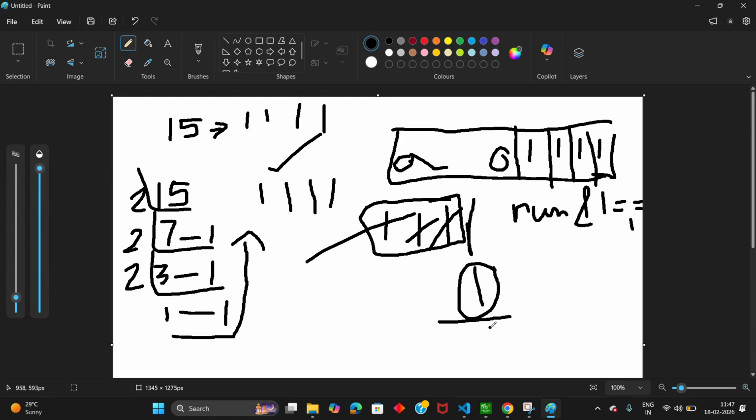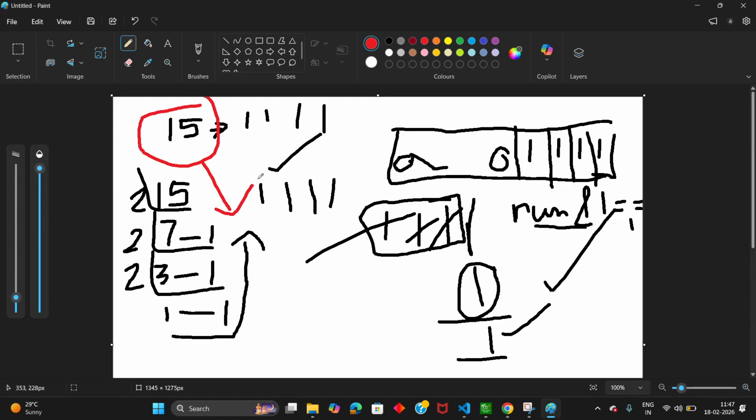1 AND 1 will be 1. Whenever a number AND 1 is 1, the number will be an odd number. The number that we have taken here is 15, which is obviously an odd number, that we know.